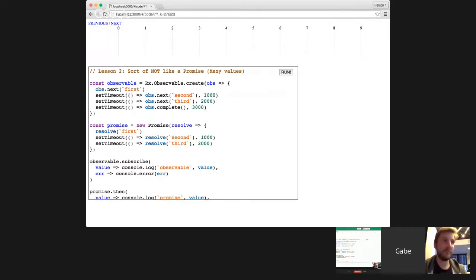So here I have an observable set up where I pass the value next to it. So that will pass the string first to all of its subscribers. Then 1 second later, I'll pass the string second to all of its subscribers. And then after another second, I'll pass the string third to all the subscribers. And then after another second, I'll complete the observable. I'll kill it off. The promise will do the same thing. But with promises, there's no need to call complete, so we'll just pass first, then second, then third. So we'll see what happens here. When I run this,